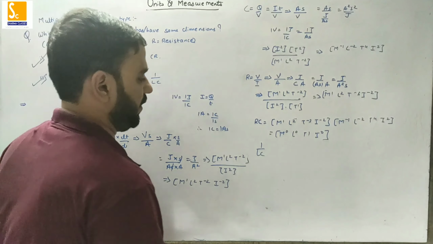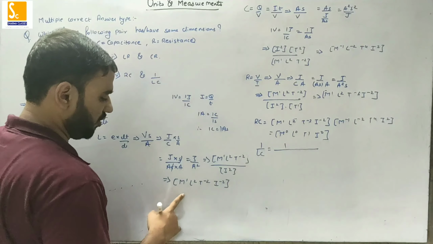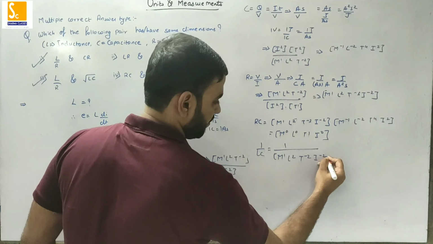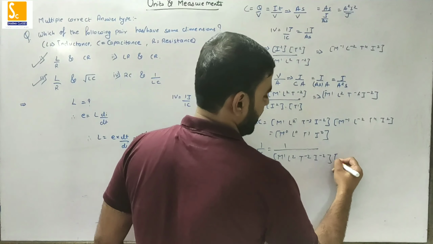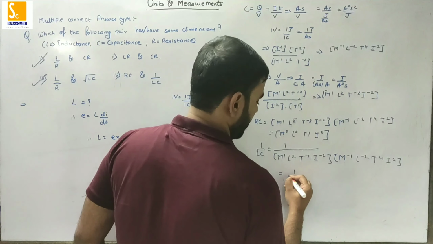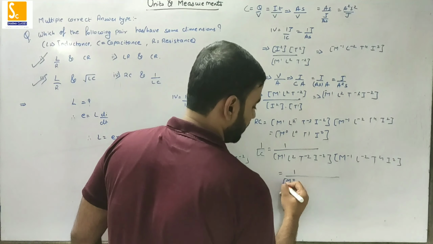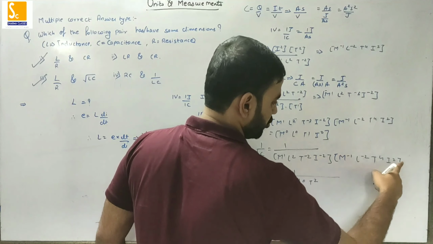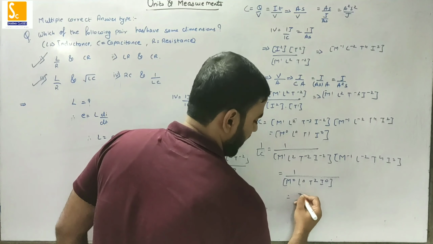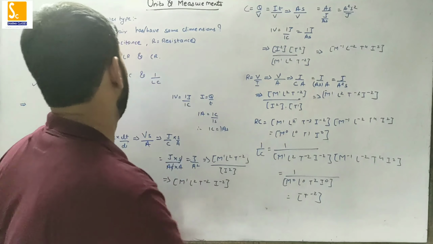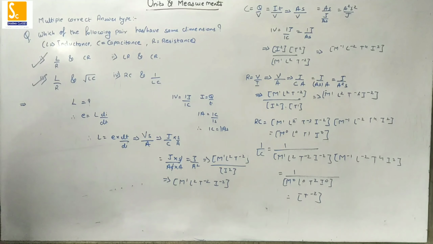ठीक है, fine. So 1 upon the dimensional formula for L, m to the power 1 L to the power 2 t to the power minus 2 I to the power minus 2. Dimensional formula for C, m to the power minus 1 L to the power minus 2 t to the power 4 I to the power 2. So it comes out to be 1 minus 1 will be m to the power 0, 2 minus 2 L to the power 0, minus 2 plus 4 t to the power 2, minus 2 plus 2 I to the power 0. So the dimensional formula for 1 by LC is nothing but t raised to minus 2. If you will see, it is dimensionally incorrect. So means for us option 1 and third one is correct. Second and fourth one is incorrect.